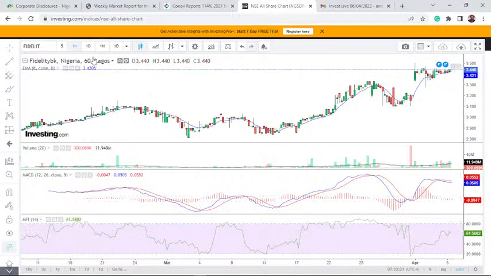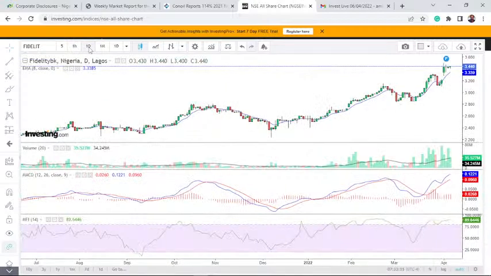Let's quickly look at the day chart for this stock before we close it. You can see MACD trading above it now. The price action is above the T line. You can see the gap here, and the approach is very nice. Your MACD is seriously bullish, you can look at this histogram line, and money flow is still strong. That means whatever we are seeing in Fidelity, don't panic yet. Fidelity is still very strong.